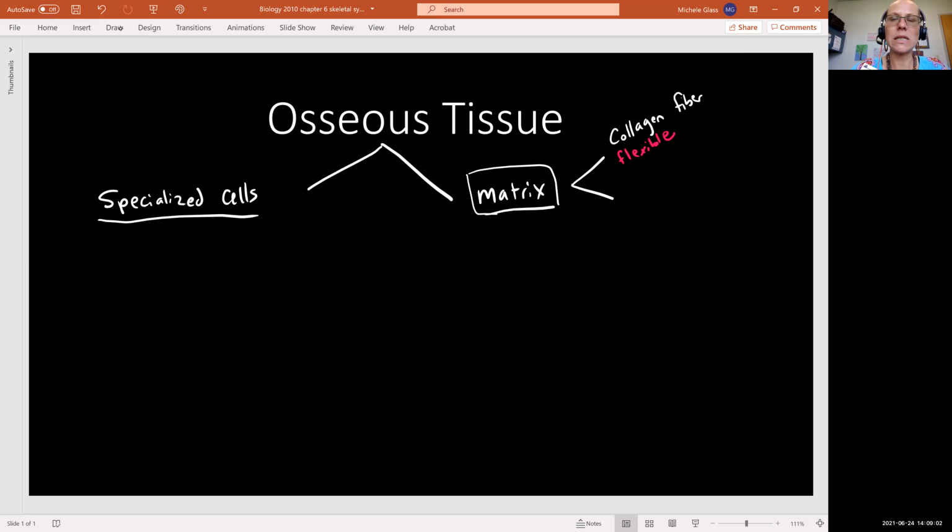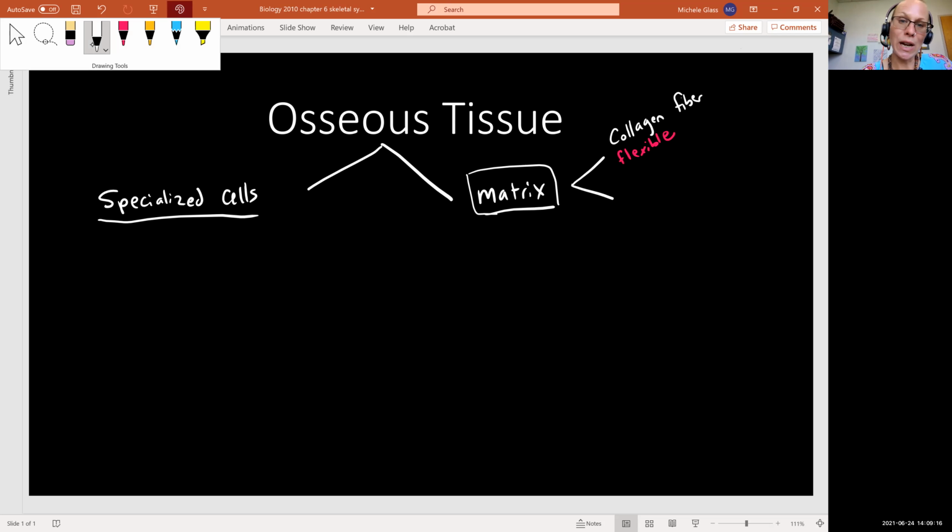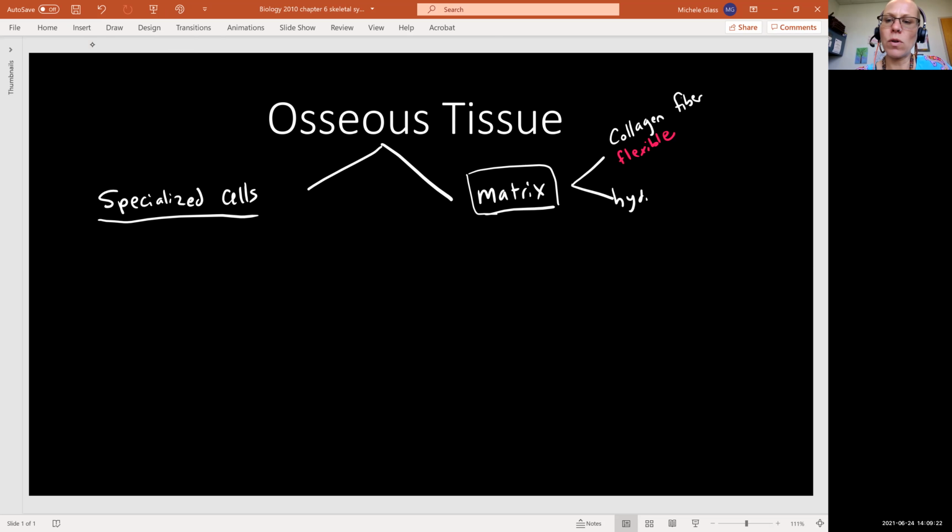Now, we're not expecting a super rubbery skeleton here. What we mean by flexible is there's a little bit of give, a little bit of bending that can happen in the bone without it shattering and breaking. And then the other major component we call hydroxyapatite